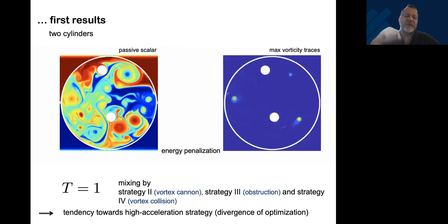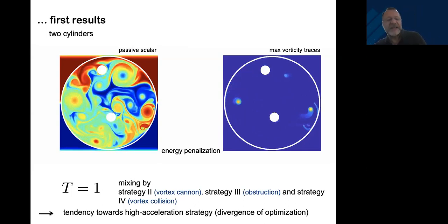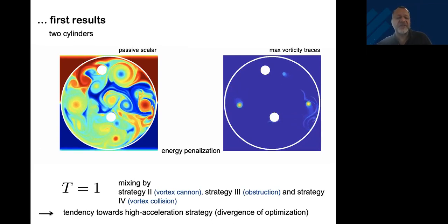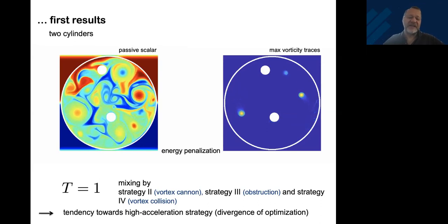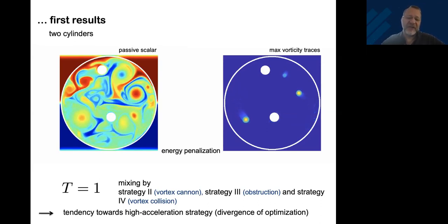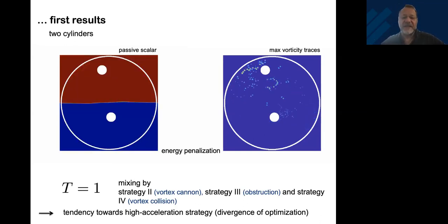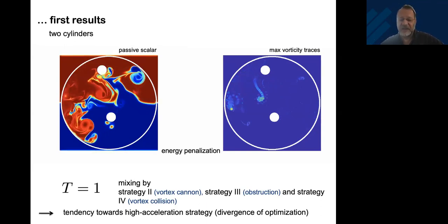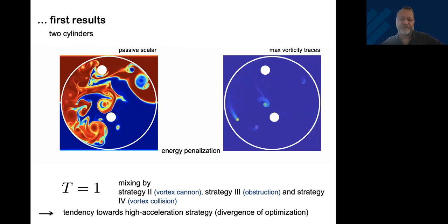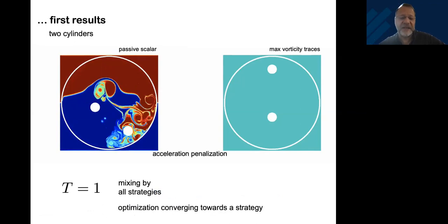Okay? So what we actually have to constrain is an acceleration of the stirrers. We have to go one derivative higher than the velocity bounds. We have to actually have acceleration bounds on the stirrers. Only in that case is the semi-norm problem turning into a proper norm problem where the optimization converges. Okay, so this is the acceleration penalization.